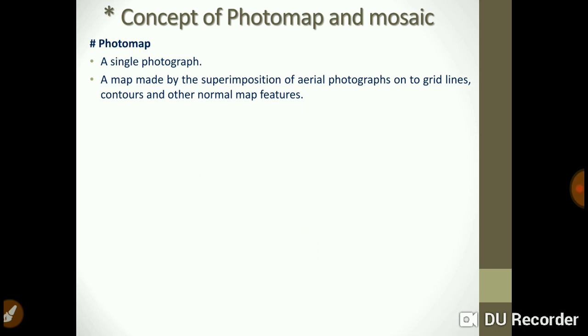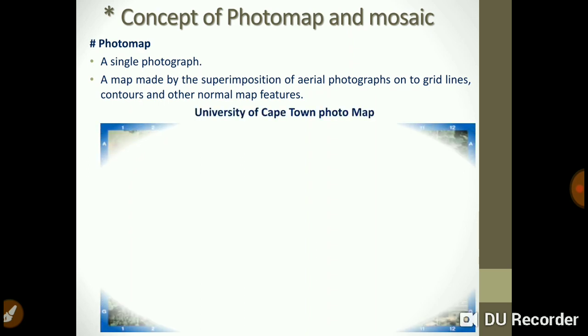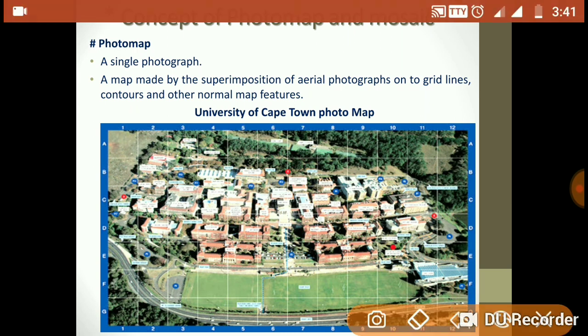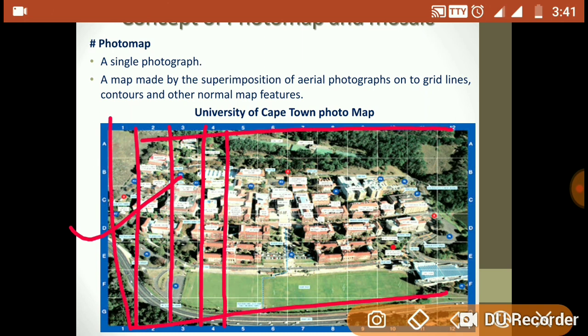There is one small example: we have an aerial photograph of the University of Cape Town, and it is represented by these grid lines. So now we can call this aerial photograph a photo map, because this aerial photograph of the University of Cape Town is represented by grid lines.